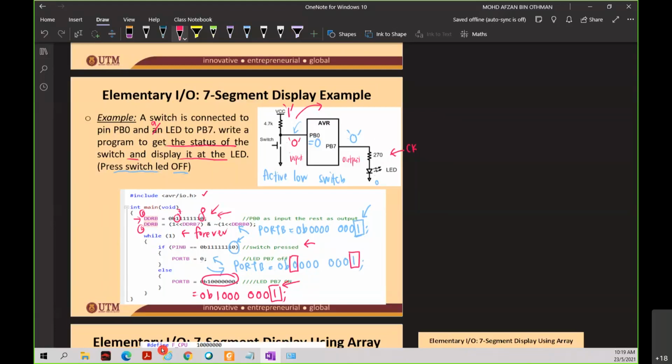PB0. If you put something like this, then what happens here? The pull-up resistor at PB0 has already been disabled. So that's why 0B equal. Now the LED at PB7 is turned on because I give 1 to PB7. So this is how to write the program in order to monitor this active low switch and